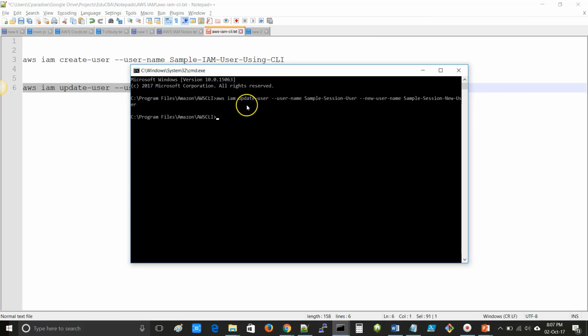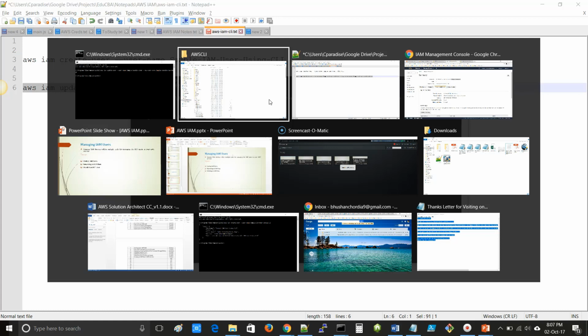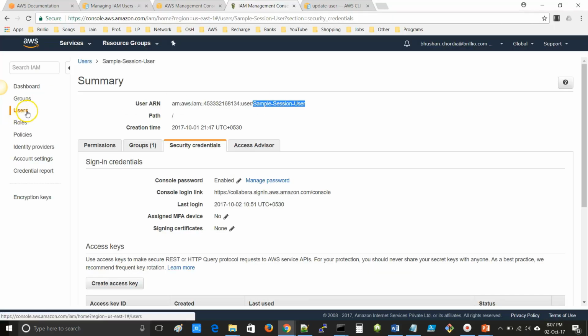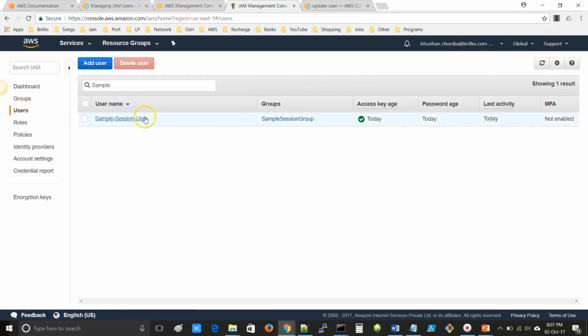So here you can see that the update-user CLI command of IAM executed successfully. Now let's go to the AWS Management Console. Click on users, as our old name is sample session user. Now refresh. So here you can see the sample session user, which is the old name. Now the new name is sample session new user.